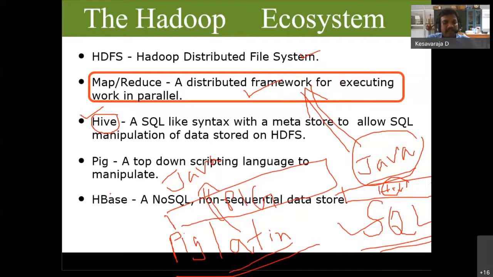HBase. HBase is an excellent tool, a NoSQL, non-relational data store. Normally we use a row-based approach. Here the approach was changed into a column-based approach. In HBase, the complete approach was changed into a column-based approach. So these are some of the excellent ecosystem